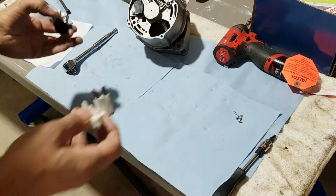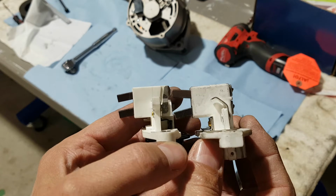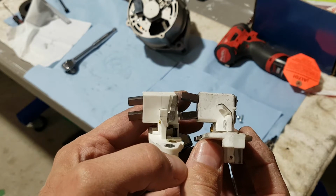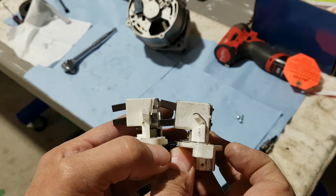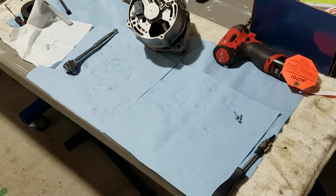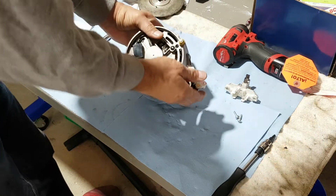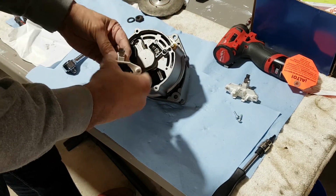I'm not sure if you're gonna be able to see it. I'm gonna try to put it in front of the camera side by side. If you hold it like this, as you can see, the top of this guy here equals this top right here. So the contact point is at the same point. Okay, put this away, put this back, put this guy in, and